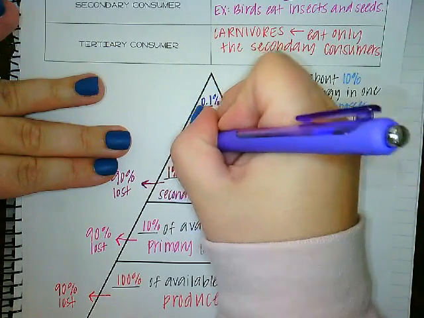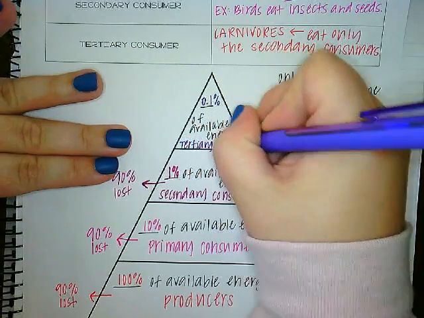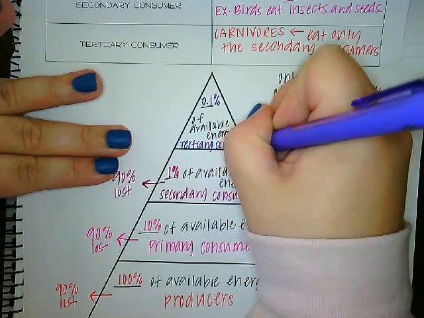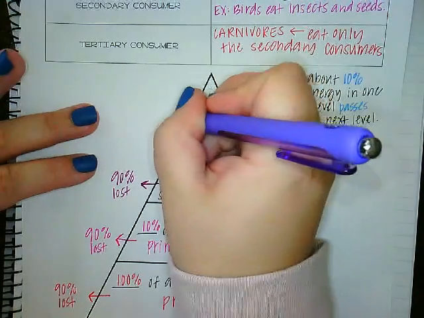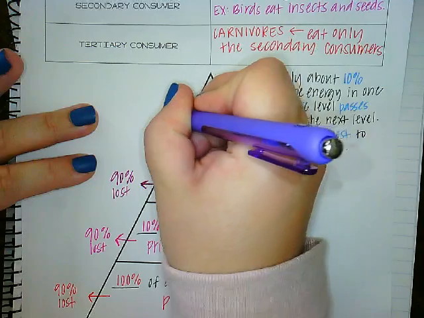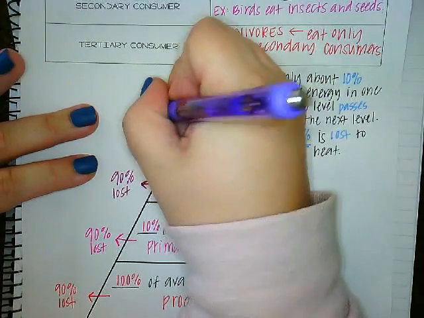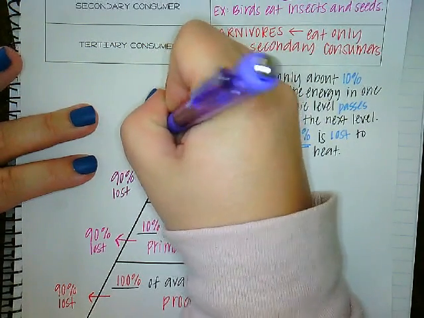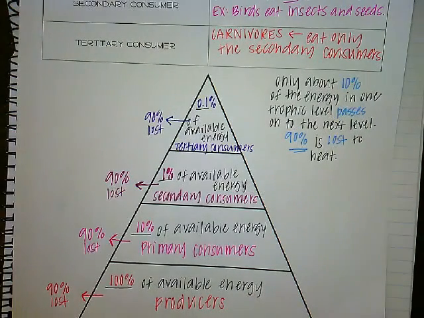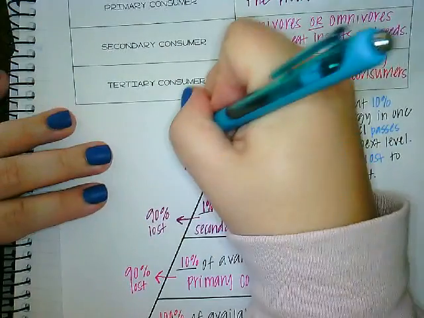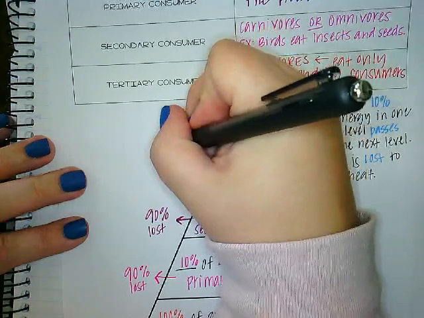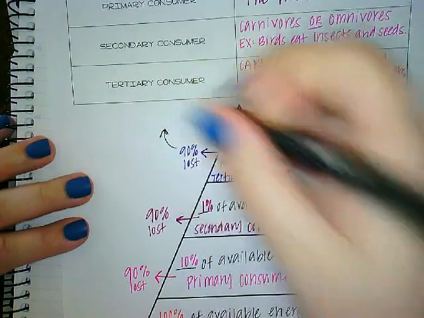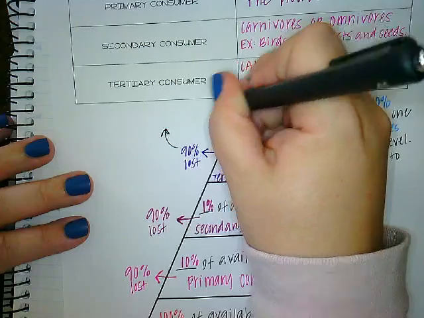Okay, and that is getting eaten or taken by your tertiary consumers. Oop, I'm going to go out of the box. Tertiary consumers. Okay, and even though we're at the very tip top of our pyramid, I'm going to still put out here that 90% is lost. Okay, because if we want to take it one step further, then we could say, let's see, of this, you have